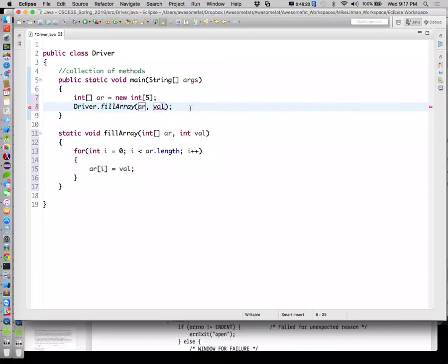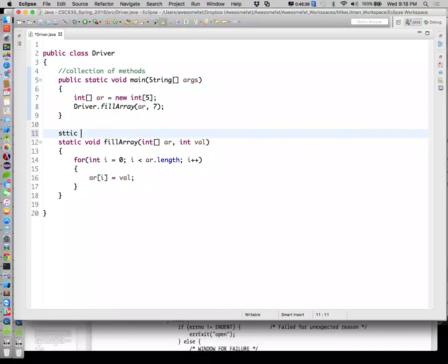Okay, so in any case, we'll say Driver.fillArray. I'll pass it my array. Let's go ahead and fill this guy with 7s. And we'll run this, and nothing's going to happen. It did get filled with 7s. All right, so great. Let's go ahead and write another function here, static